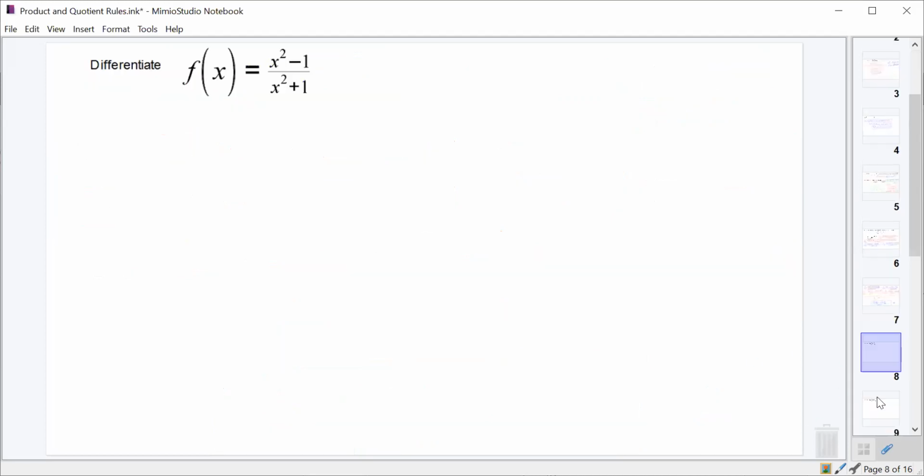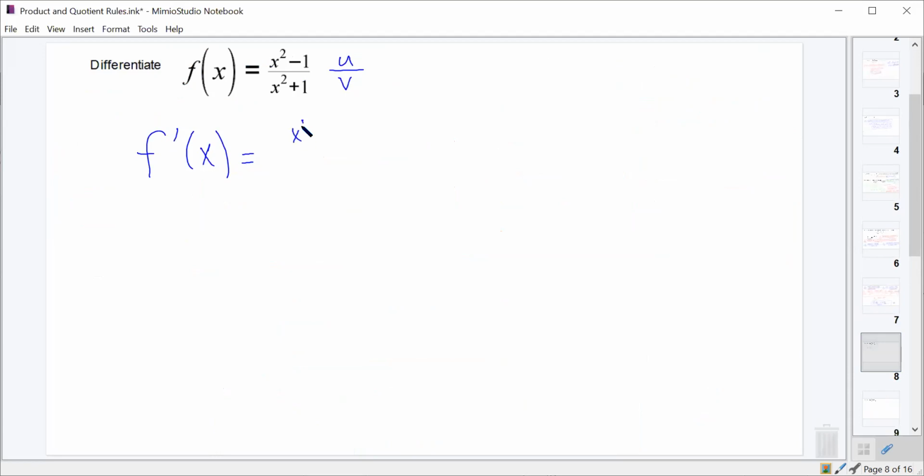All right, we're going to memorize that rule. Let's apply it to this function, x squared minus 1 over x squared plus 1. So here we have u over v. So the derivative f prime of x ought to be